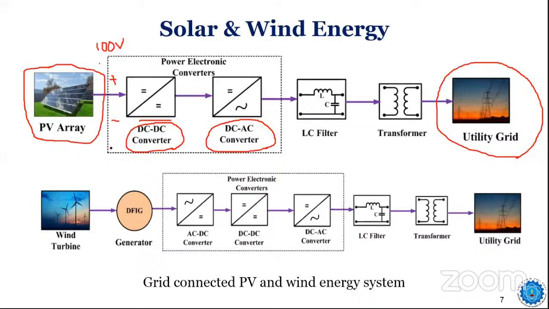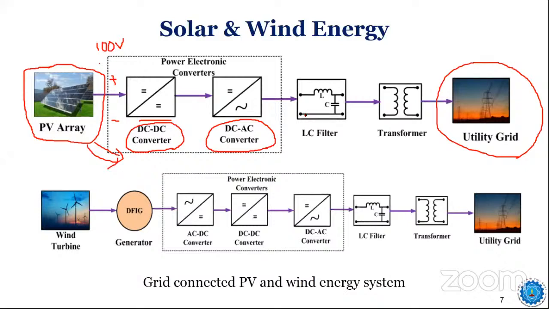So based on the duty cycle and the maximum power we are tracking from this photovoltaic panel, we'll see that in detail. What recent research is going on in the field of maximum power tracking systems, that also we'll see here. So based on the power output from the boost converter, the inverter again converts the DC